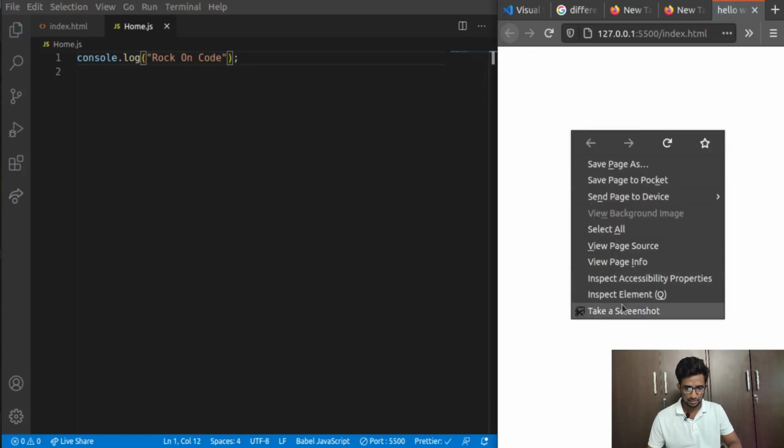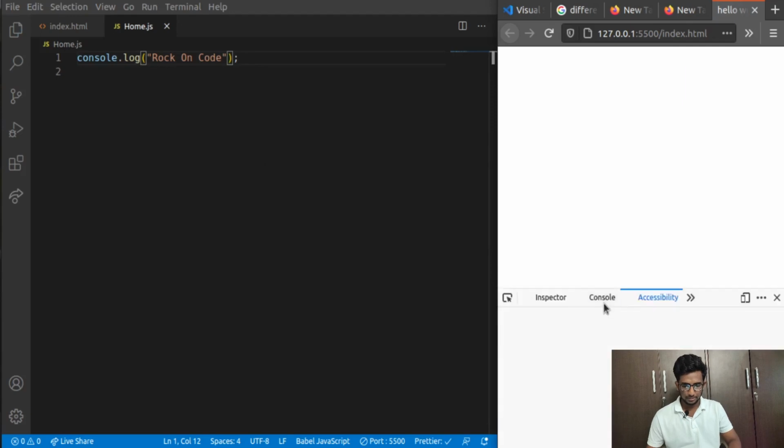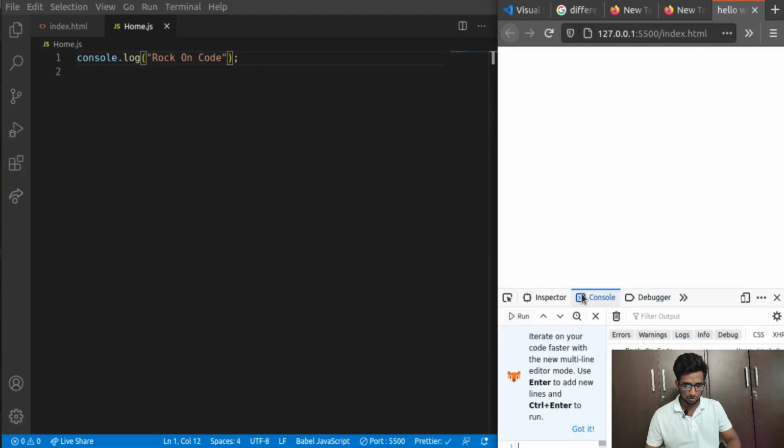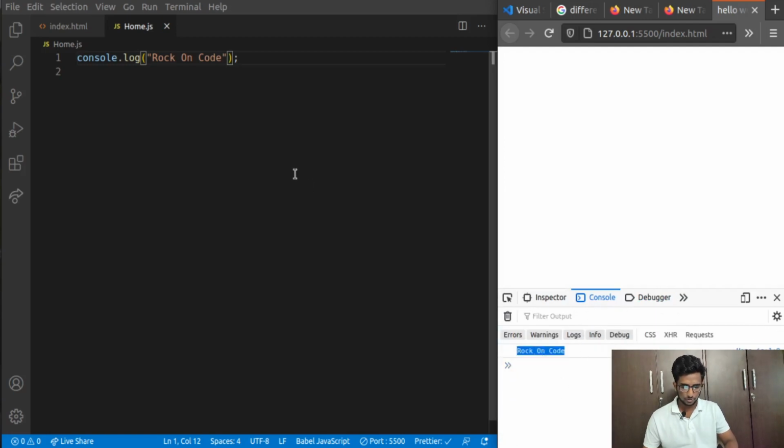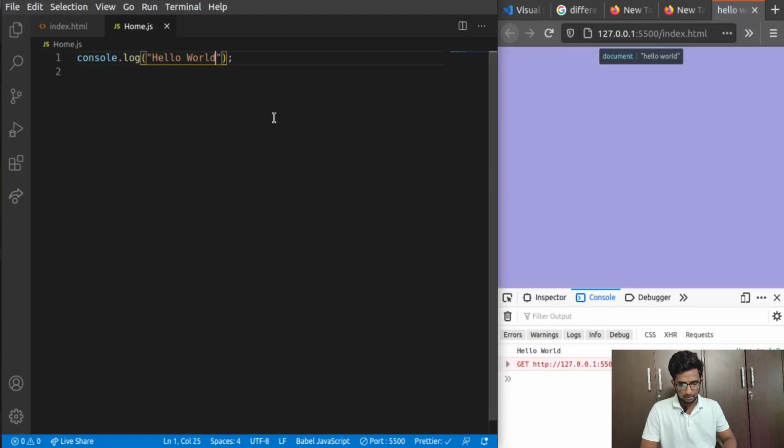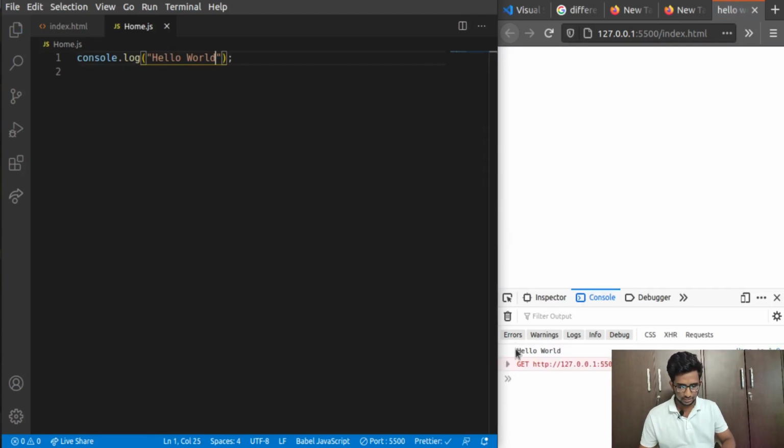So if I go here and click on inspect element, and go to the console, you can see guys, my rock on code was run here. Okay, let me just change this to hello world, and if I save this file, you can see this file was automatically running, and I just ran my file in the console.